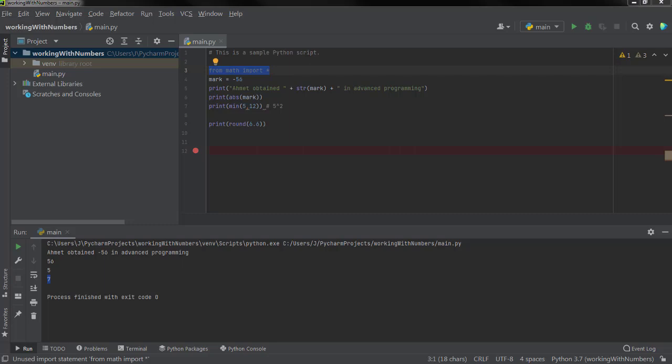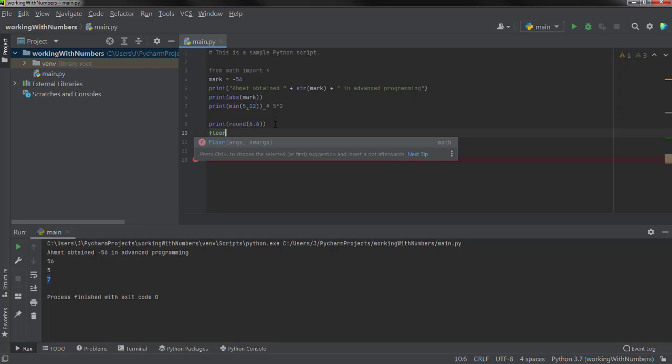So there is another function which is called floor, and it is also a method. What it basically does is grab the lowest number. So it's essentially just going to chop off this decimal point. For example, if we write 3.8,